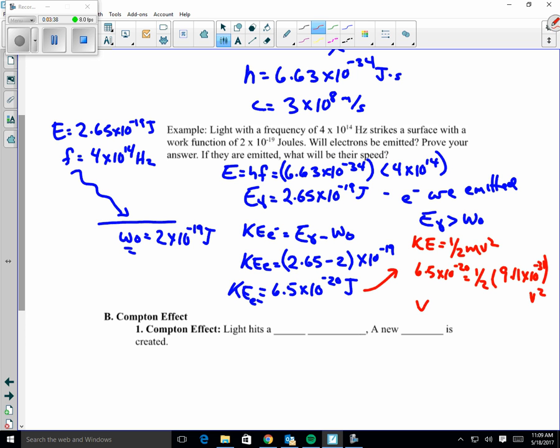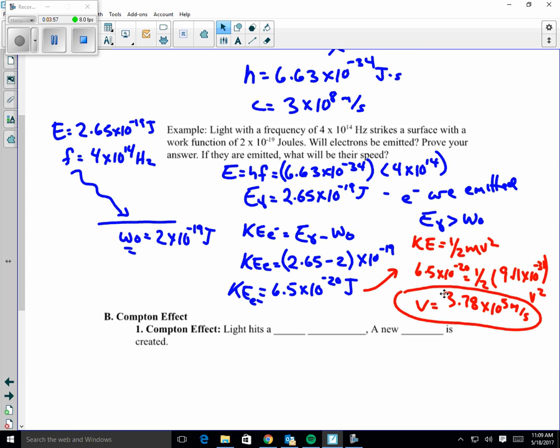And if I solve that, I'll end up with a velocity of 3.78 times 10 to the 5th meters per second. It's a really high velocity, right? 378,000 meters per second. But that makes sense because electrons have such a small mass, they can go very fast. The thing to remember is that these are always conservation of energy problems. If you have something that's not an energy, like frequency, you have to find the energy